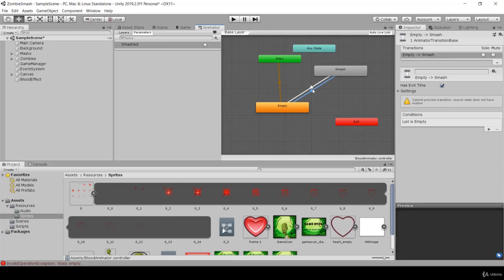If I click over here, I can turn off has exit time, and essentially what that means is as soon as this condition is true, I want it to transition immediately, okay? So I can click over here on the plus sign, and it automatically finds smashed for us because that was the only parameter we currently had. And what it's saying is, hey, transition from empty to smash when smashed becomes activated, okay? Like I was saying before, we want to turn has exit time off. What that means is, even if you're halfway through empty, do not wait for empty to finish, just immediately